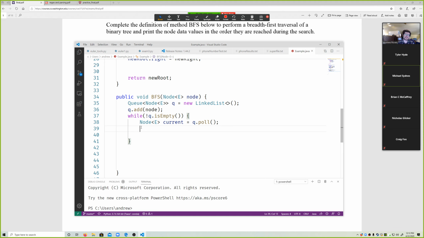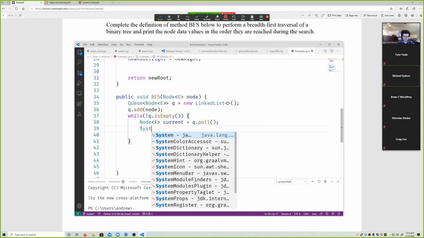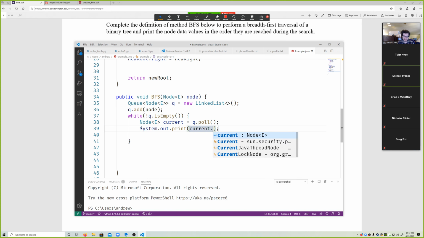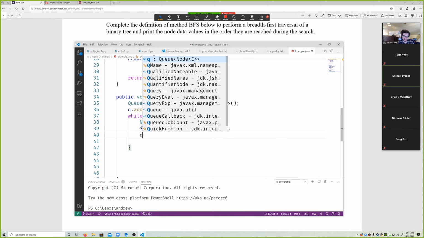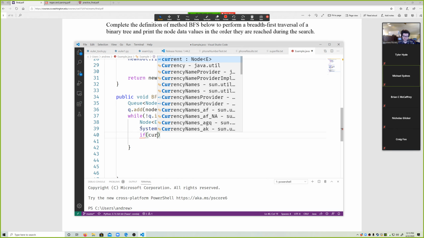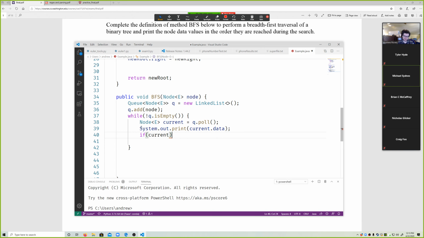So node current is equal to q.poll(). We get current out. And then simply we say, hey, System.out.println(current.data) to get out its data, and now we've got to add its children to that, which is done by saying q.add, and here we actually have to check our children because otherwise we're going to add null. Or we can just be lazy and say, hey,